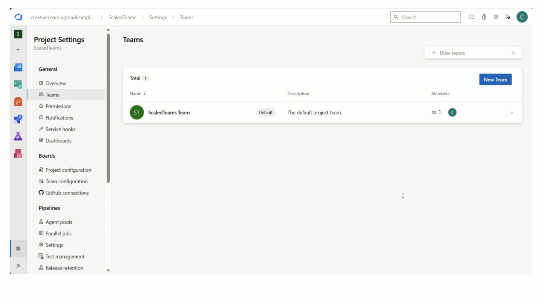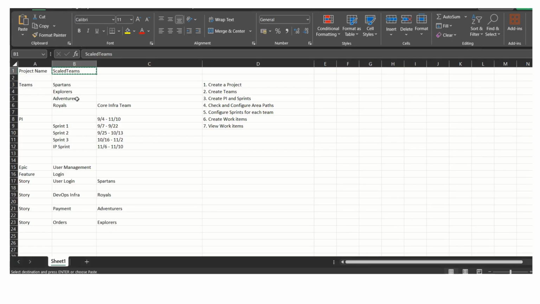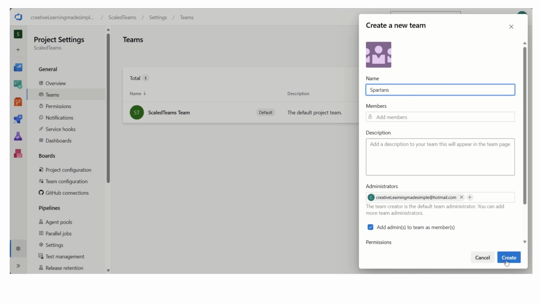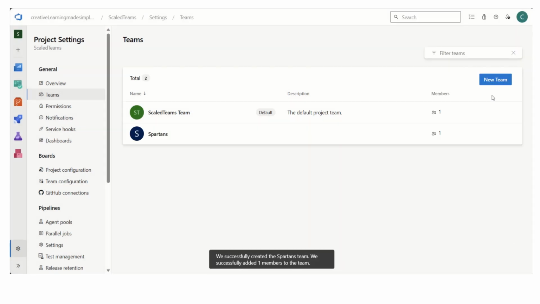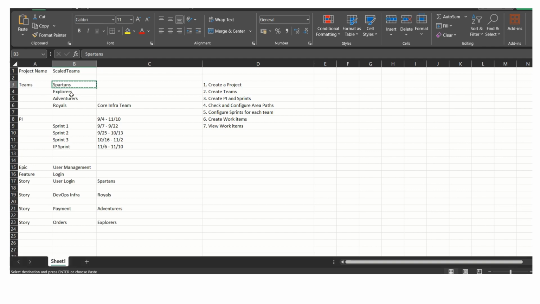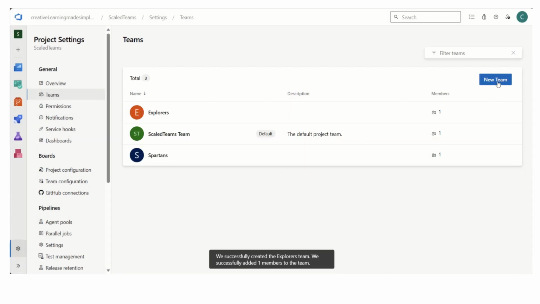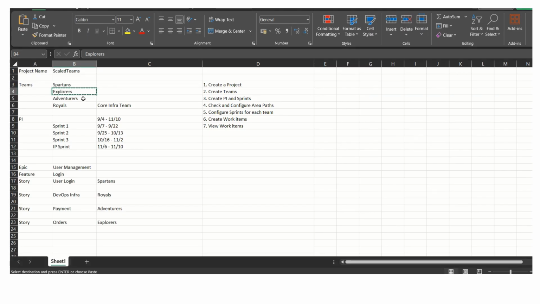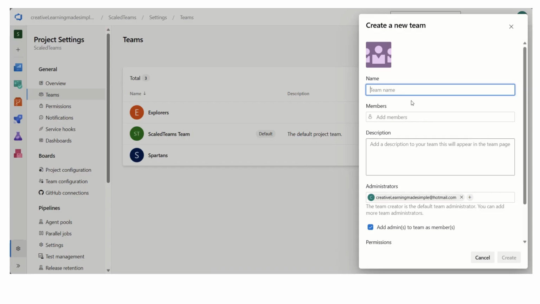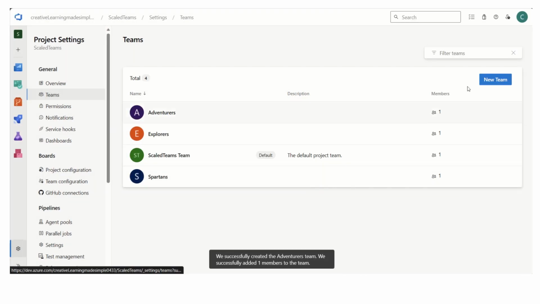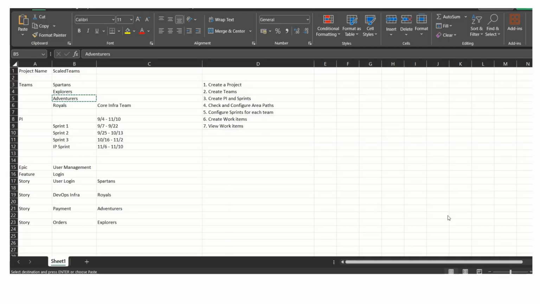Now if I click on New Team, let's say this is the very first team, Spartans. So I am creating it. Now let's pick another name. So this is my Explorers. Let's try to create another name, Adventurers. So this is my Adventurers team. And okay, now the fourth team is Team Royals,